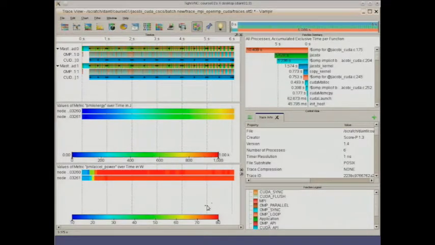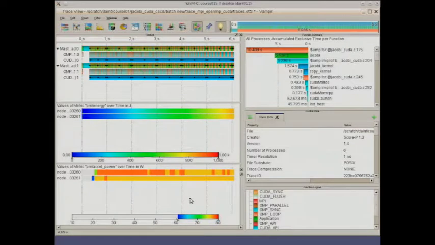So if you can increase the lower part of the scale into, I don't know, the 60s, something like that, we see how the power differs across time and over the nodes. So apparently this accelerator seems to consume a lot more power than that one. Might be interesting to find out why that is.